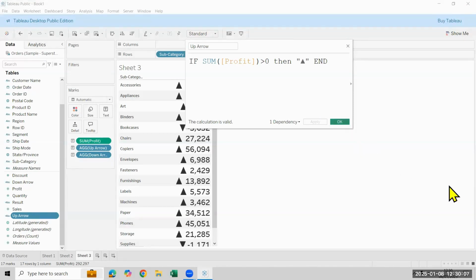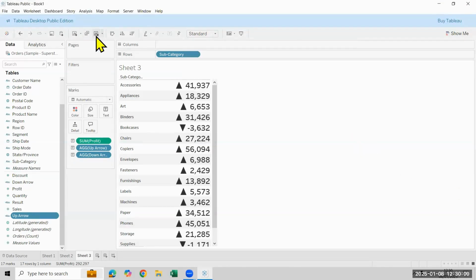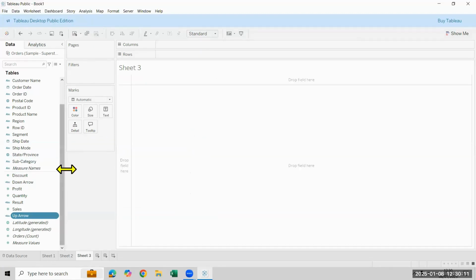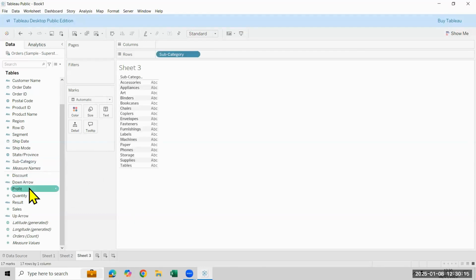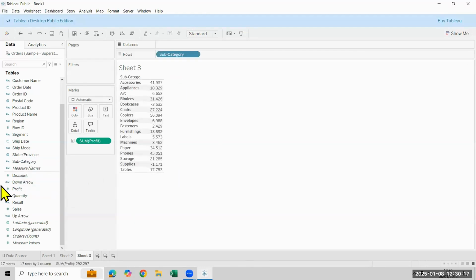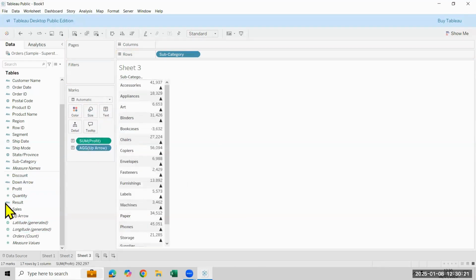Okay, till here you are done. Now let me just show you again from scratch. You have written the formula. I'm just selecting subcategory and double clicking on profit. I got the answer here. Now I'm taking the up arrow and dropping it in the text, and I'm taking the down arrow and dropping it in the